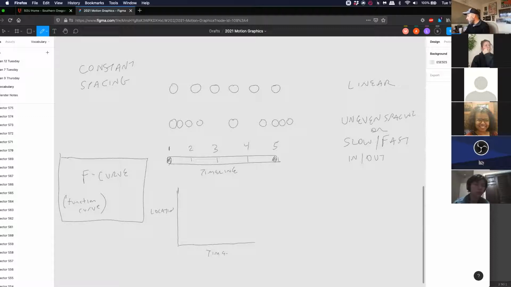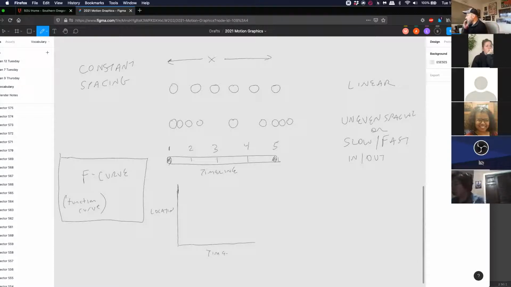Each axis will have its own function curve, X, Y, and Z. Let's say this is moving in the X direction, which is left to right. So we're keeping this really simple, just doing an animation on one axis. This ball is moving in the X direction,